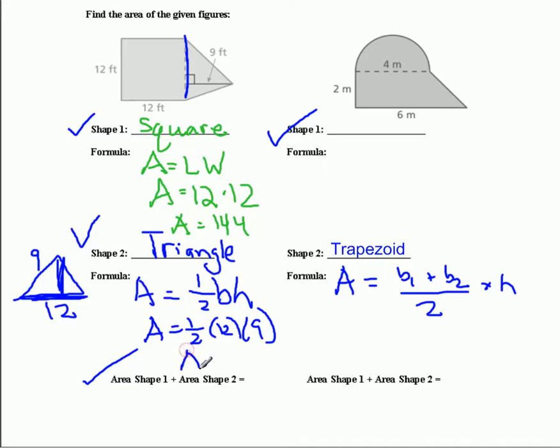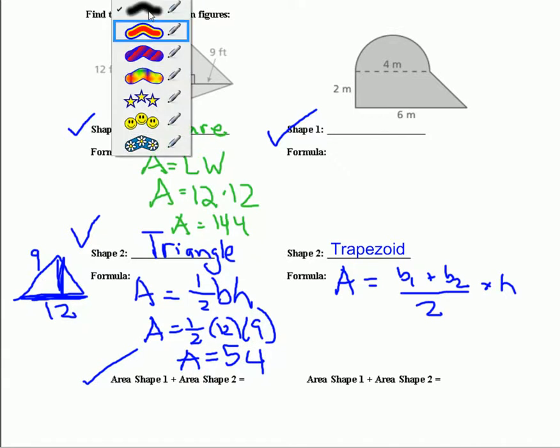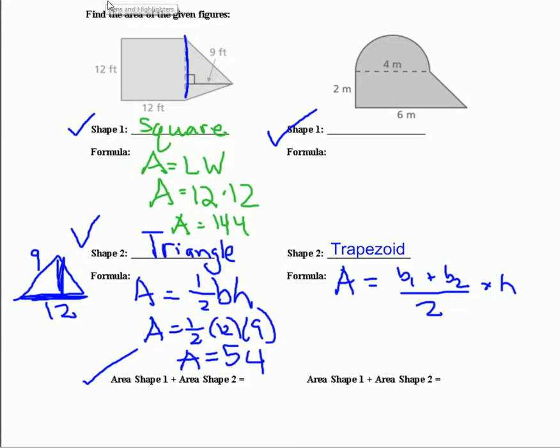And I actually can do this in my head. I don't know about you guys. Can you do it? What's half of 12? Half of 12 is 6, and 6 times 9 is, if you know your facts, 54. So my final answer is when I take these two and put them together. So I have 144 plus 54 for a grand total of